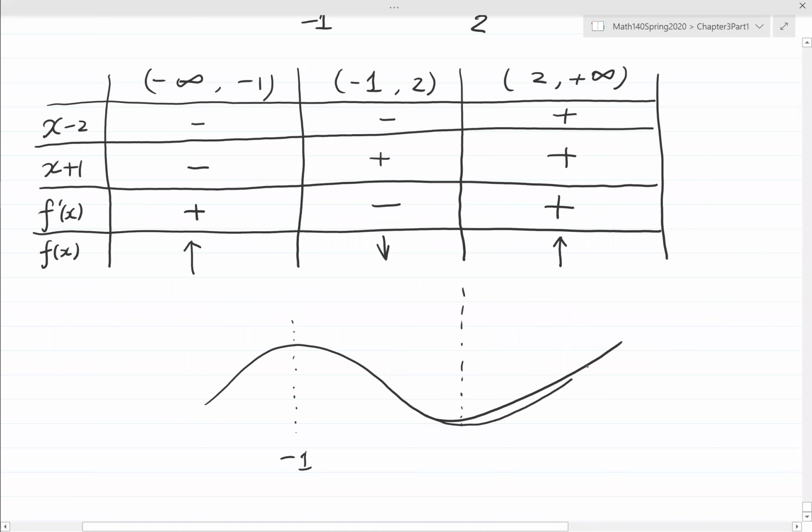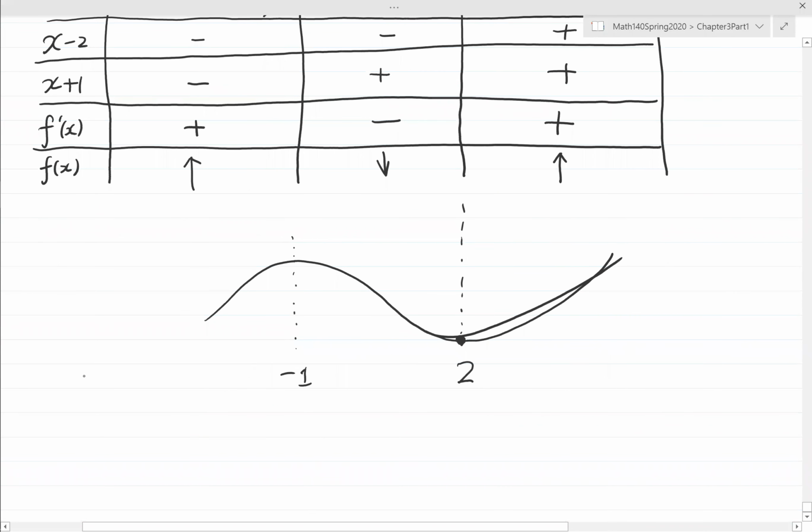So sorry, it should be... So this part is actually a local minimum. Okay, decreasing and increasing. So this is actually 2. Okay, now we find, so we know f(x)